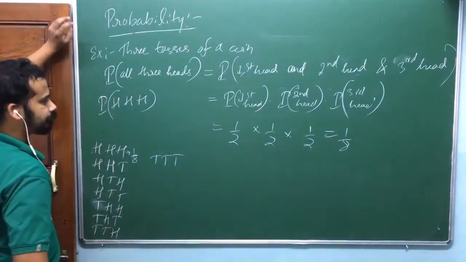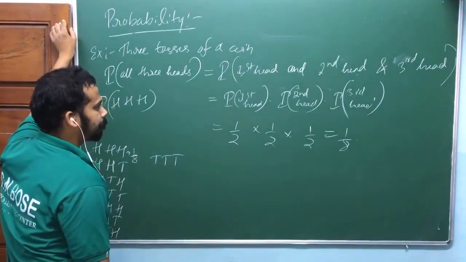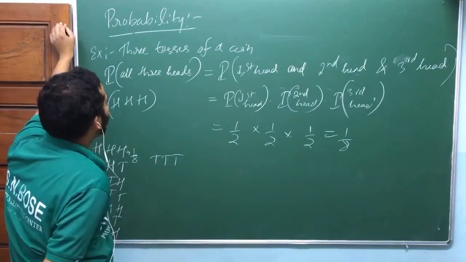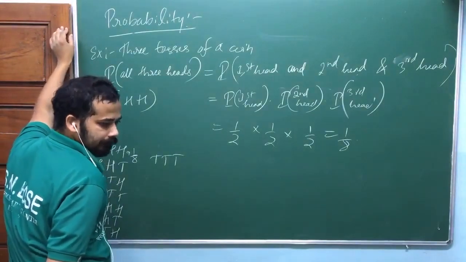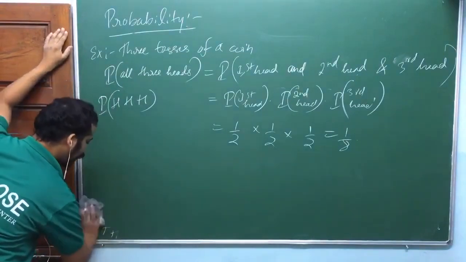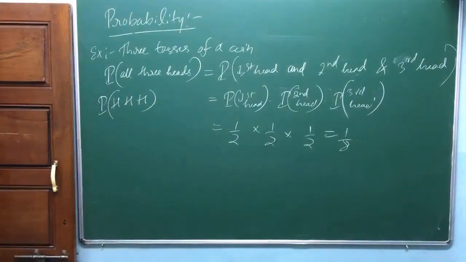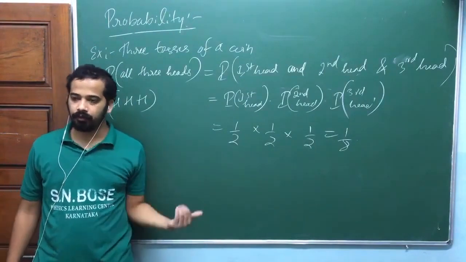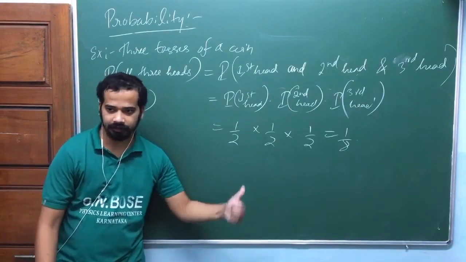Sir, in the last problem, there was probability of at least 2 tails in succession. Can I do this in this process? Is it possible? At least 2, you have to divide it into 2 parts and then you have to add. Okay? Wait a second. I need next theorem actually. I need next theorem to use that one. Okay? That at least problem. Not only this one. At least contain either 2 or 3, isn't it? Or came. Either or, isn't it? I need next theorem. Wait a second.